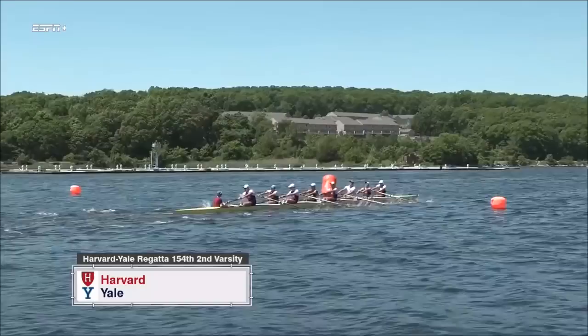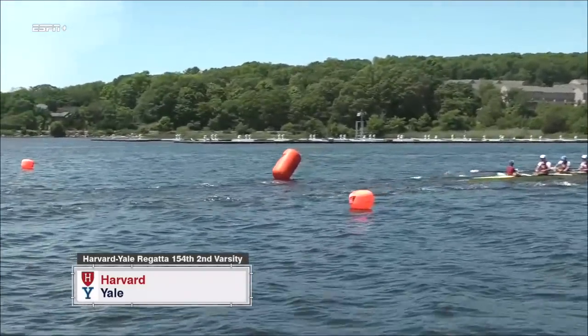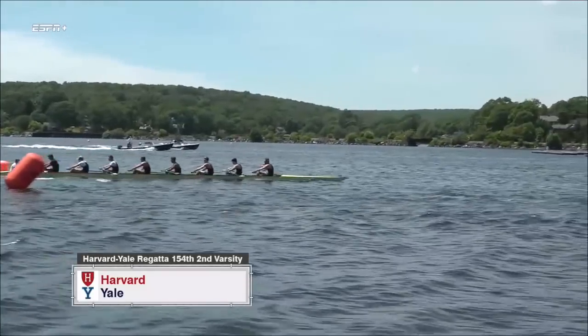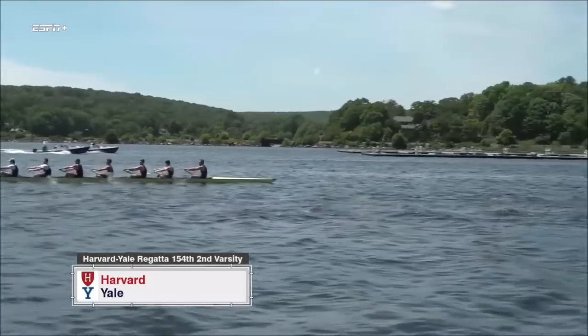And, looks like plenty of room on this side and enough room on the other. And Yale now coming through. So we're probably looking at almost 2 lengths here of open water. And